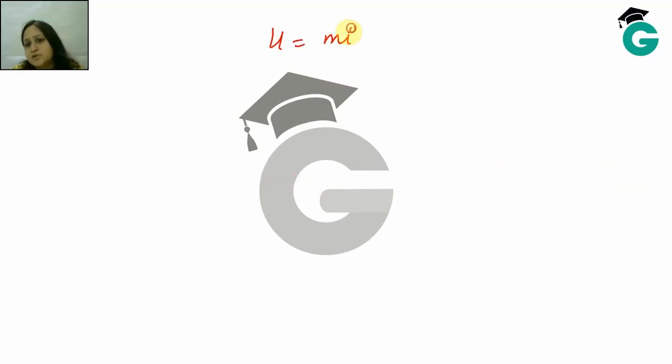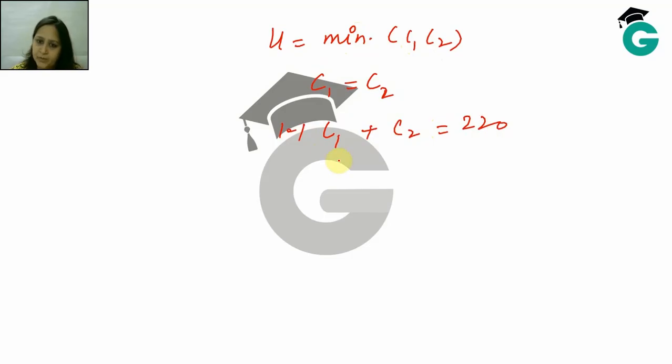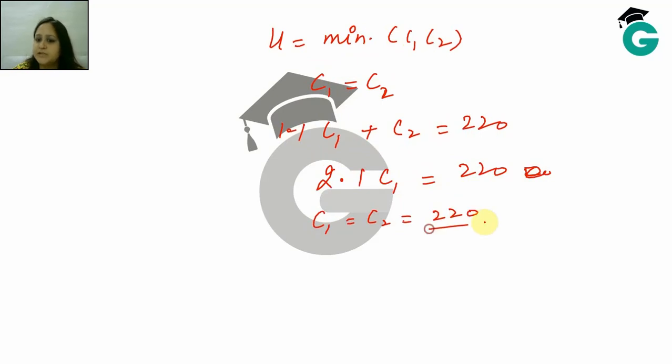If it was a min function of C1 comma C2, then what would you do? Then you know the equilibrium is at the kink, C1 is equal to C2. In the first budget line we had 1.1 C1 plus C2 is equal to 220, right? So I can write C1 is equal to C2. So 2.1 C1 is equal to 220. So C1 is equal to C2 is equal to 220 upon 2.1, whatever that comes out to be in the